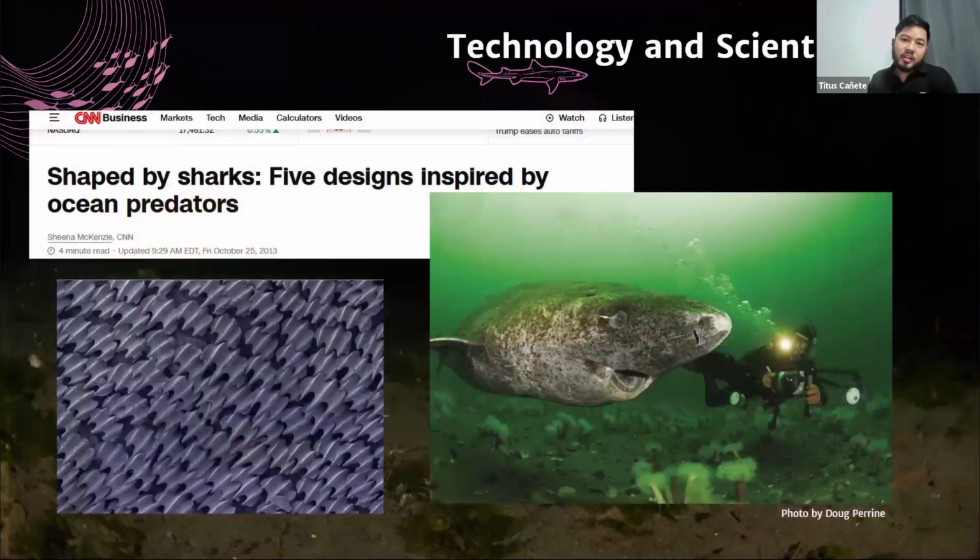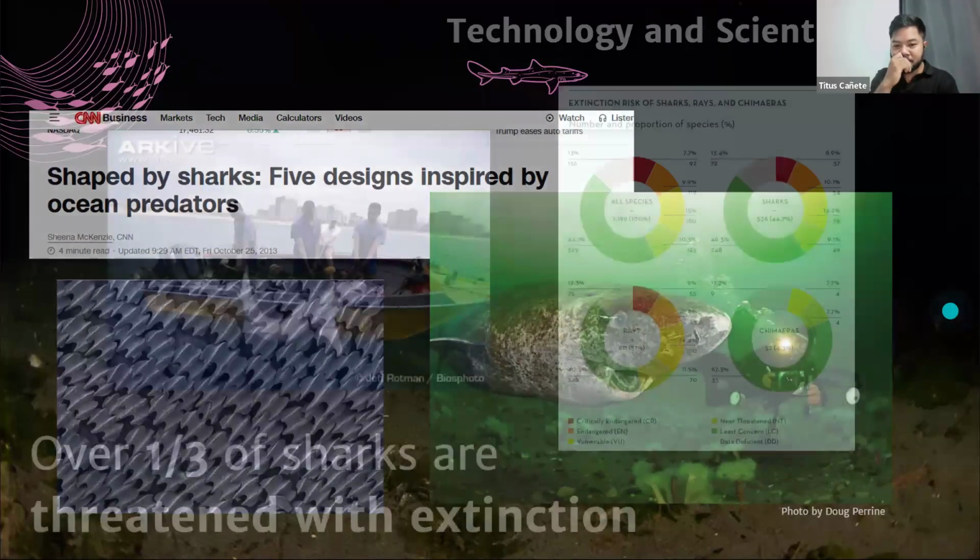There is a cultural significance of sharks as well. And they also inspire technology and scientific value in the medical field. They're looking into creating surfaces that replicate shark skin, in which they believe that bacteria will have a harder time attaching to a surface. There's research on Greenland sharks looking into their longevity, to see how it can be replicated in human populations. So how to live longer, basically.